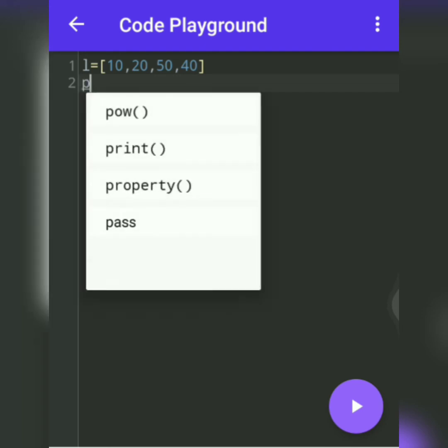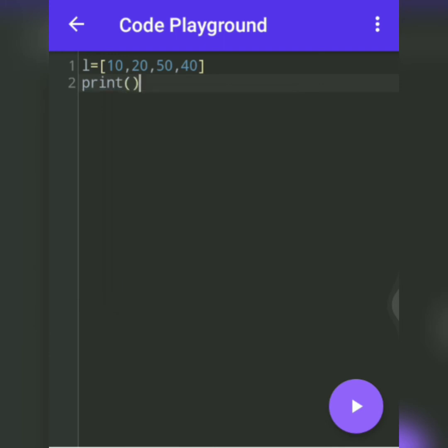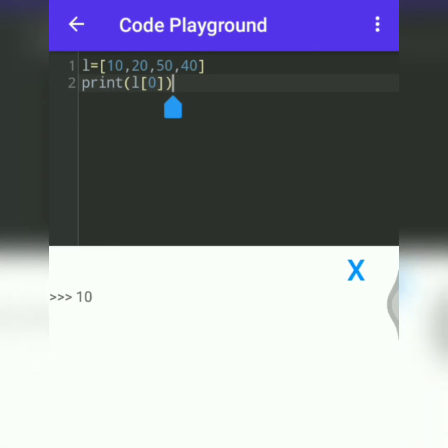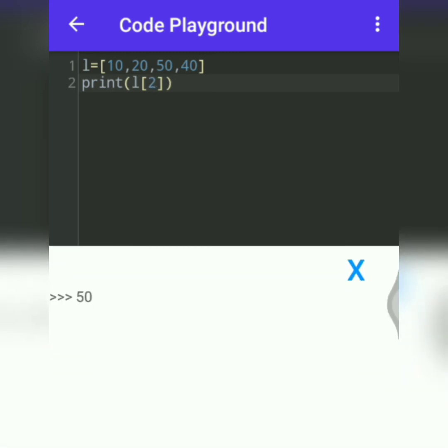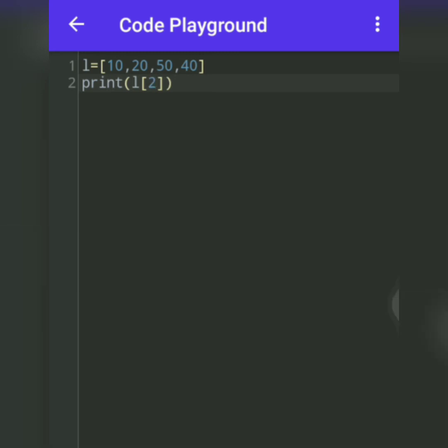Here we can see how to access elements. If you give L of 0, it will print the first element. If you give index as 2, it will print the third element. Likewise, by passing an index value, we can print the values.